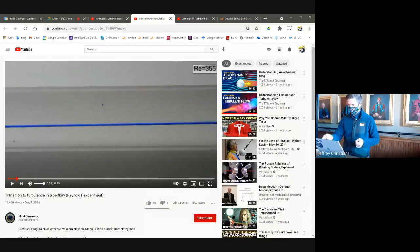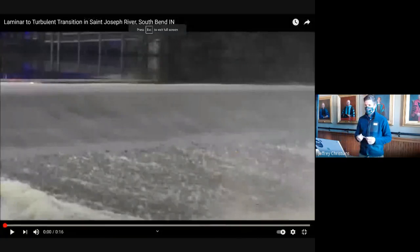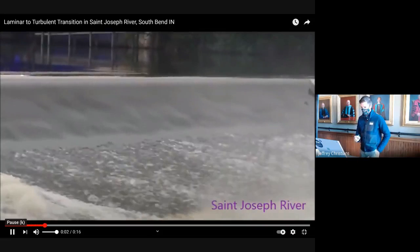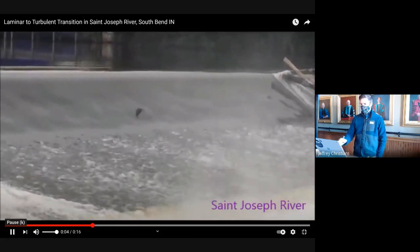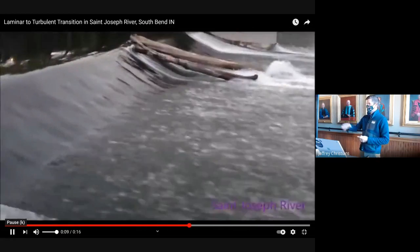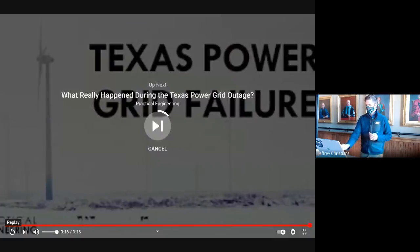One more thing to look at. This is the St. Joseph River, so this is in South Bend, Indiana. It's right by where I used to live, where I went to grad school. I didn't take the video, but this is a dam right on the St. Joe River. And you can see the top half of the dam, the water is nice and smooth as the river goes over it. And then you hit this really sharp line where you go from a smooth flow